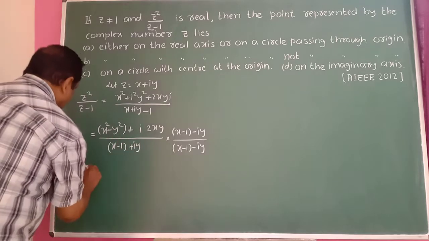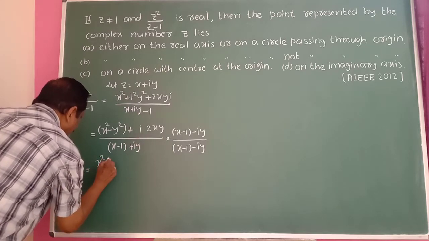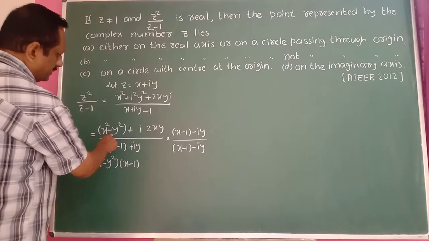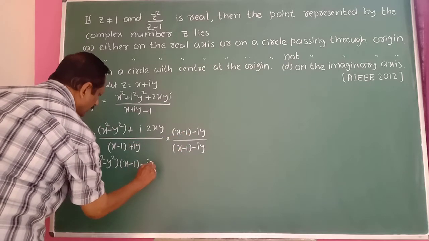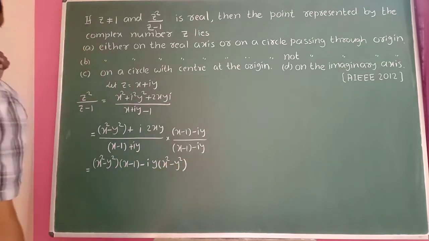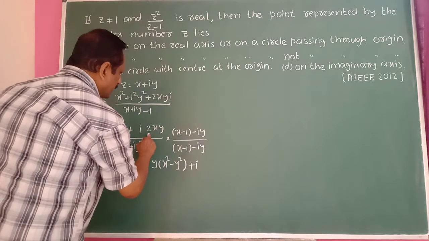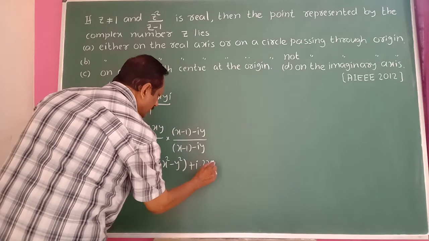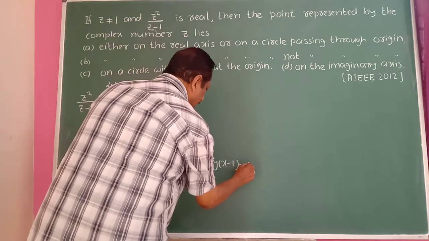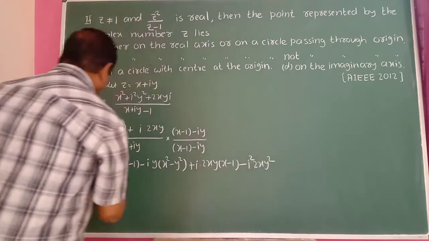Then multiply the terms: (x square minus y square) into (x minus 1), then minus i y into (x square minus y square), then plus i into 2xy into (x minus 1), then i into i square, minus i square 2xy into y becomes 2xy square, divided by